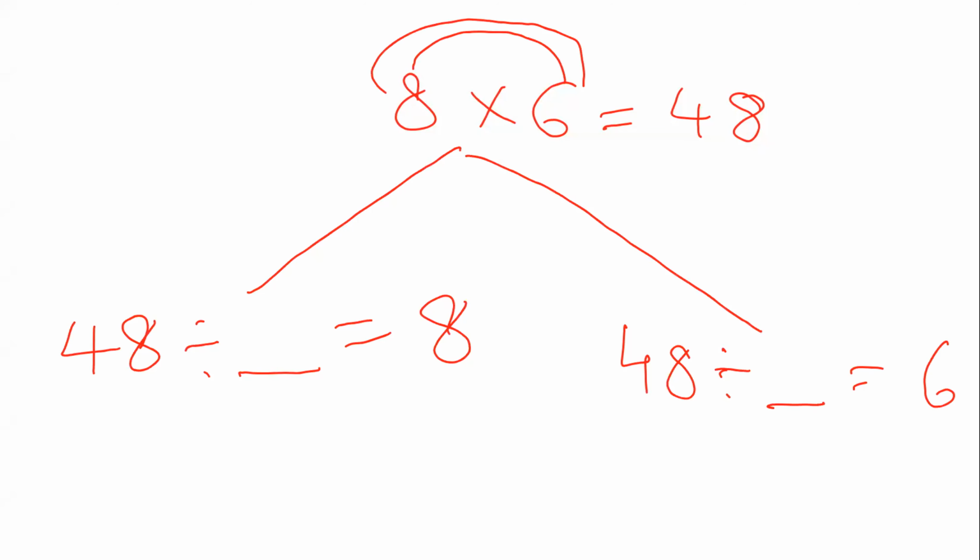Now just now I said 8 6 is 48 and 6 8 is 48. If you multiply 6 by 8, you will get answer 48. If you multiply 8 by 6, you will get the answer as 48. So here the blank is given to us. On the blank, we have to write which is the missing number. Now to get the answer as 8, which number we have to divide? Come on, let me know which number we should divide.